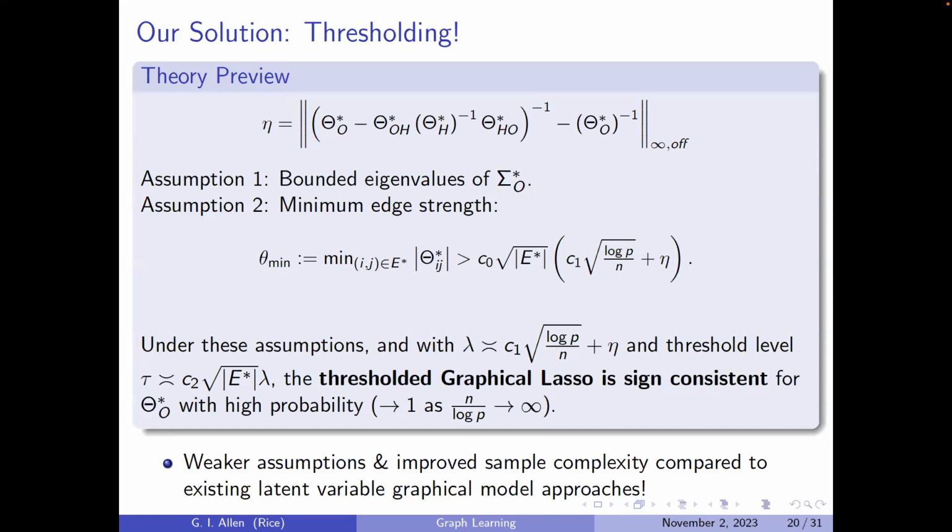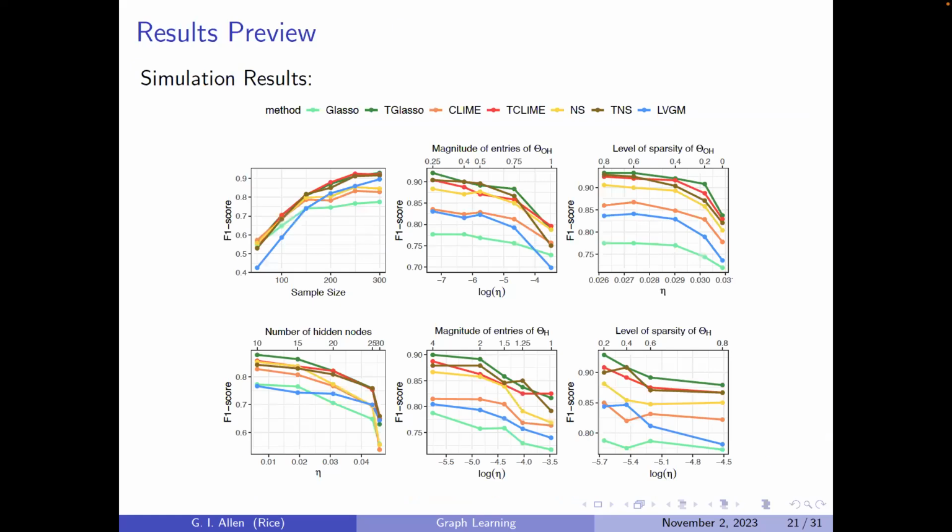Let me answer that question also with some empirical results, which is next. This is kind of hard to see, so sorry about this. On the x-axis are the different things we're changing. The y-axis is the F1 score, so 1 is perfect graph recovery. We thresholded a lot of things, including the graphical lasso, CLIME, and neighborhood selection. Importantly, the latent variable graphical model, what you're saying, is in blue right here, and the regular graphical lasso is